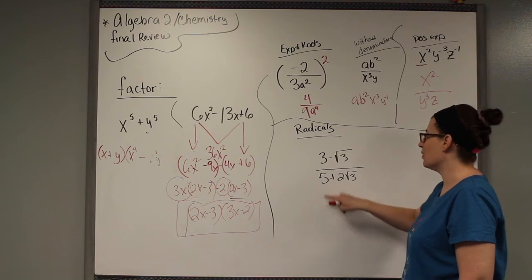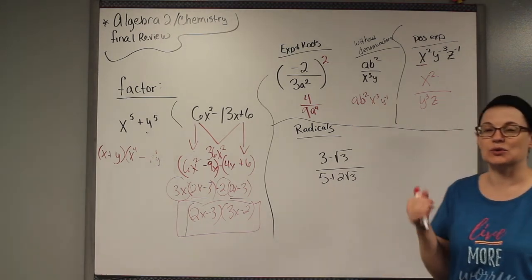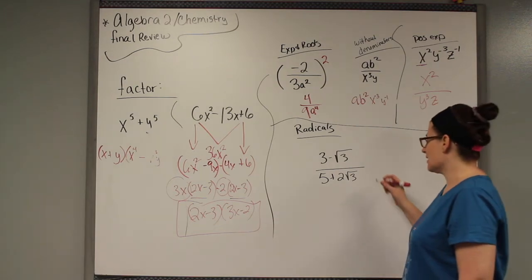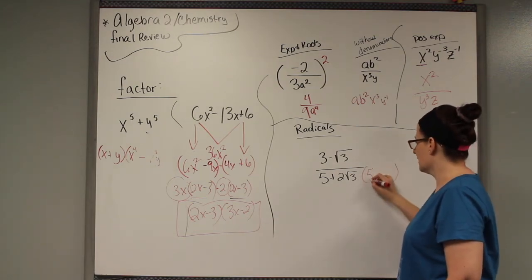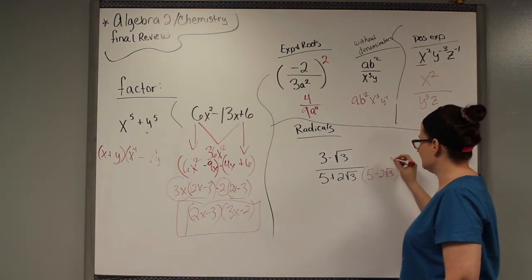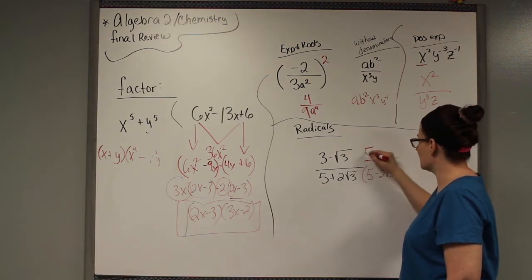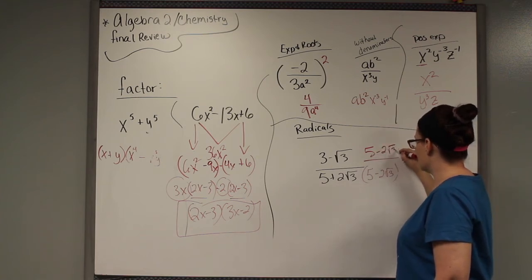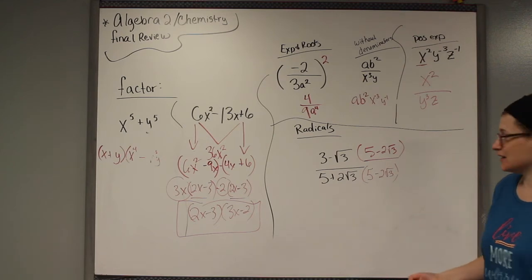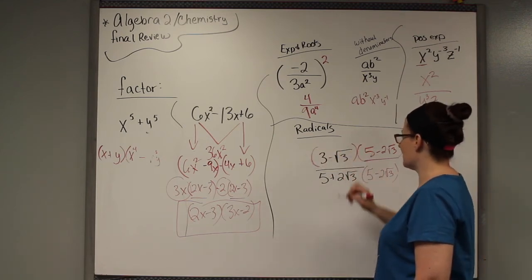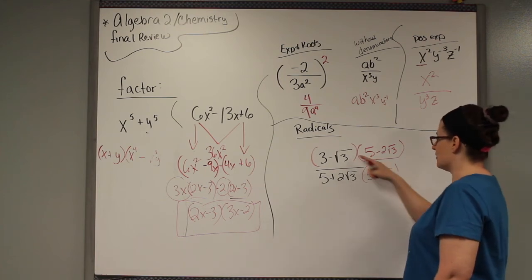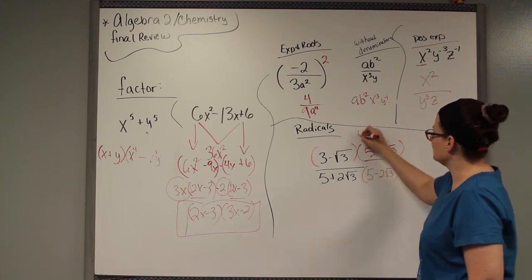Anytime you have a binomial down here, you're always going to multiply by its conjugate, which is like the difference of squares type of thing. You're going to multiply by the same thing, but with a different sign. Whatever you do to the top, you must do to the bottom. And then you have to FOIL those things out. Now the top's still probably going to have some radical, but the bottom, the radicals should cancel out. So when I do this top and I FOIL,